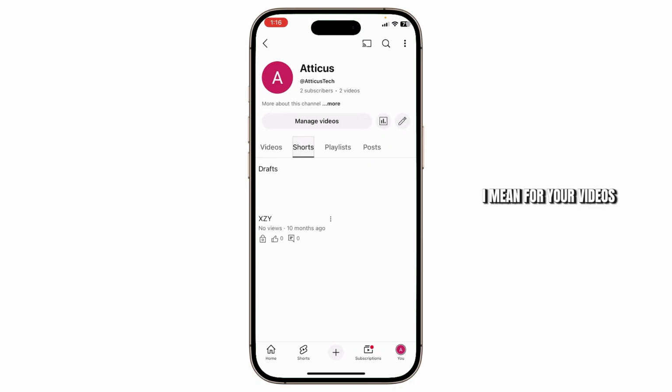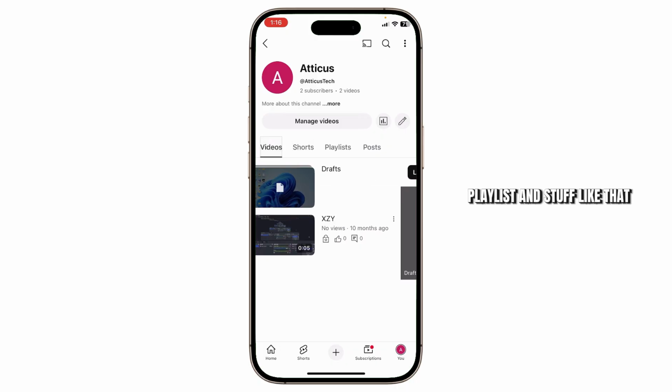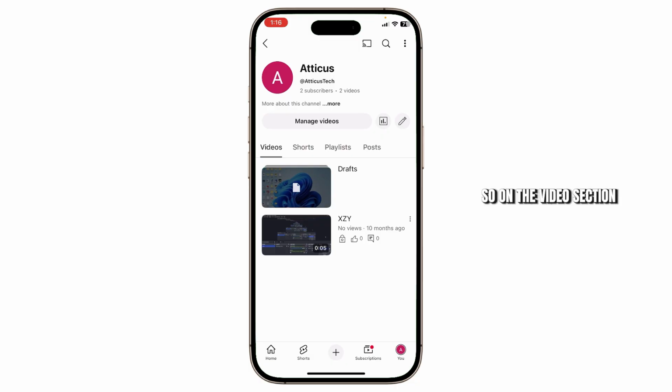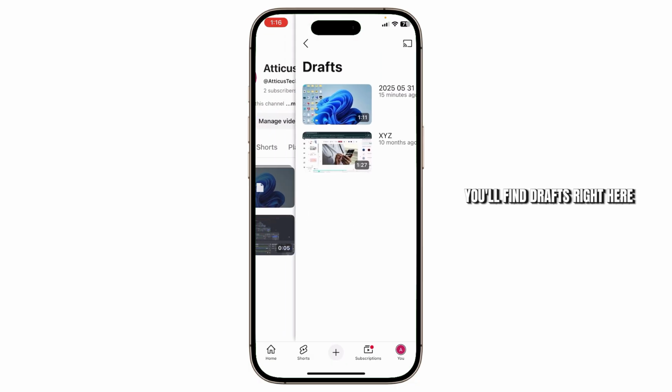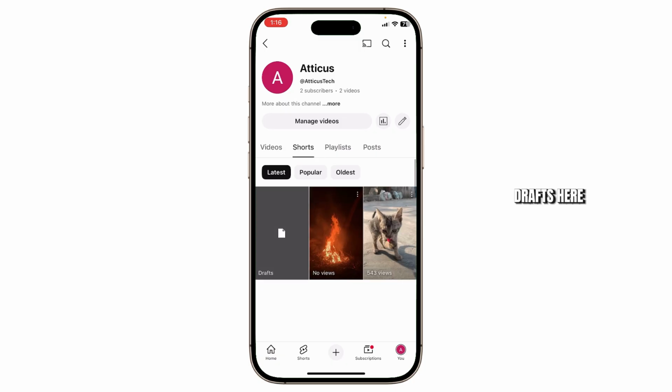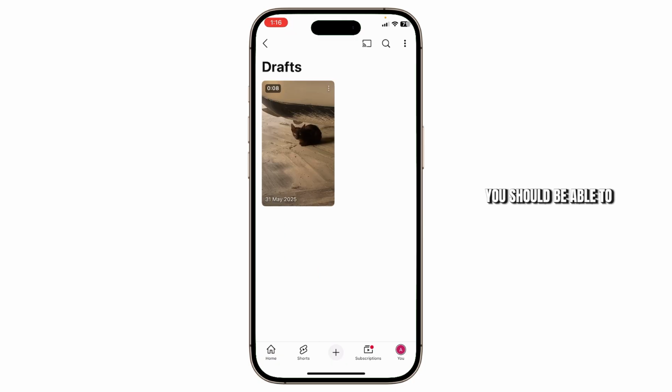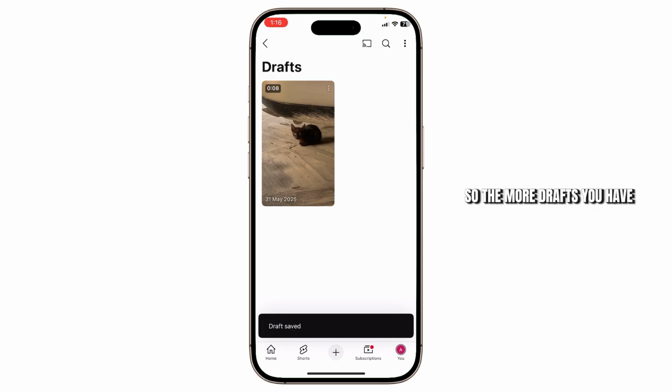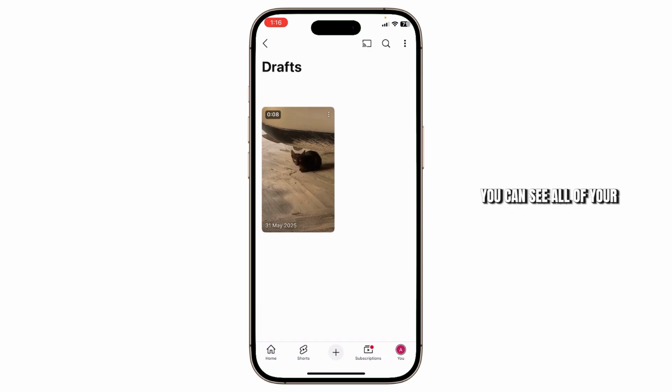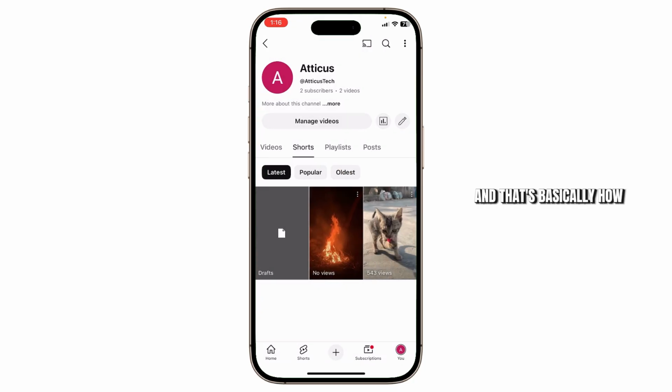I mean, for your videos, for your shorts, for your playlists and stuff like that. So on the video section you'll find drafts right here, and for shorts you'll find drafts here. If you tap on drafts, you should be able to see all of your drafts. So the more drafts you have, you can see all of your drafts available right here, and that's basically how